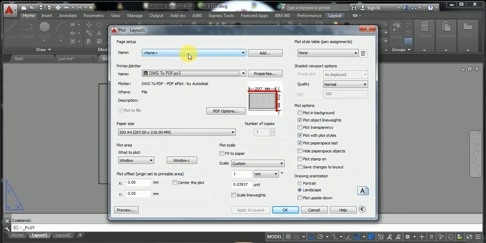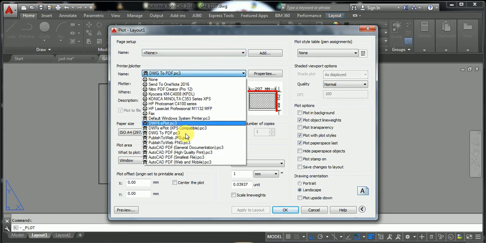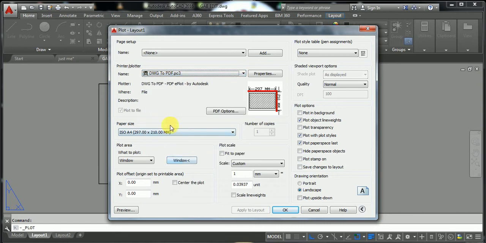Then because you're not seeing anything at this particular point, let me say for instance, if you have plotted before, if you click on previous plots, it will display the old one you have done before. But because I want to show you from a new step that you have not plotted before, you just leave it at none. This particular place, you leave it at none. Then at this particular place, you select what you want to plot it to. If it is to PDF, if it is to any window space. Since you are plotting from AutoCAD to PDF, you click PDF.